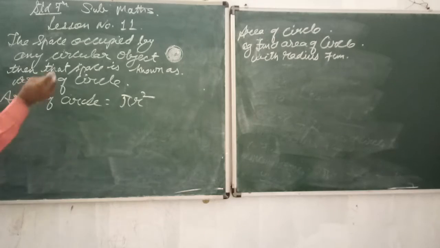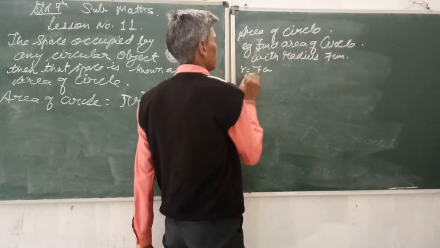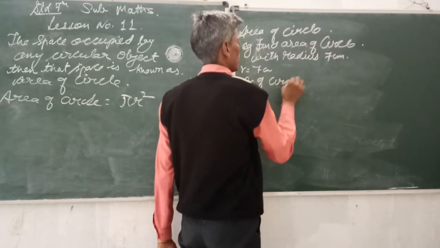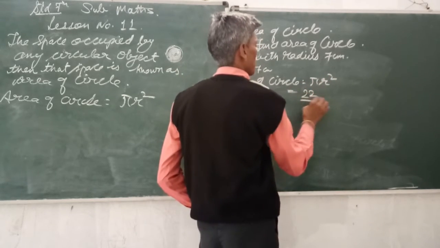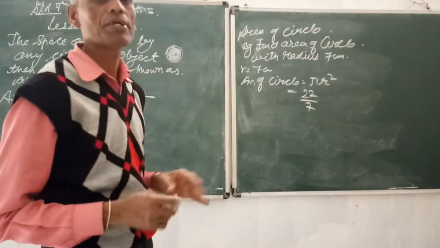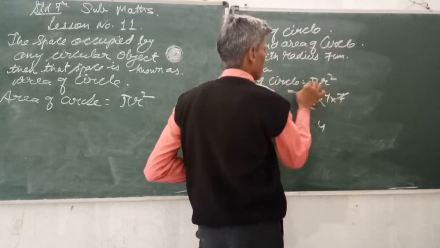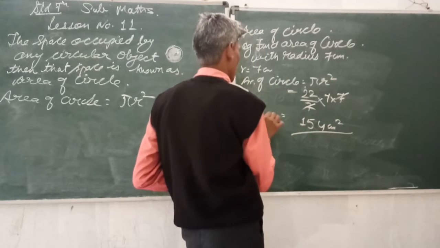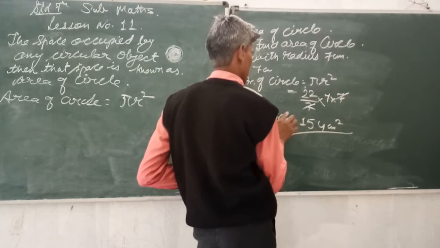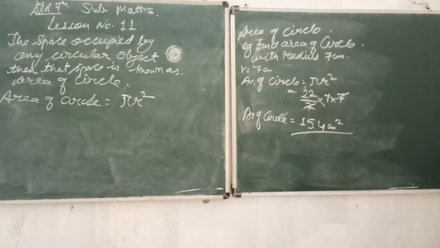Example was there, I am explaining. Find the area of a circle with radius 7 centimeter. So r is equal to 7 centimeter. Area of circle is pi r square. Square means 2 times. Value of pi is 22 upon 7. It is not given in the question, so we take 22 upon 7 into 7 into 7. So 7 7 cut, 7 twos are 14, and 154 centimeter square is the area of the circle. This is the answer. This way you can solve. Next example.